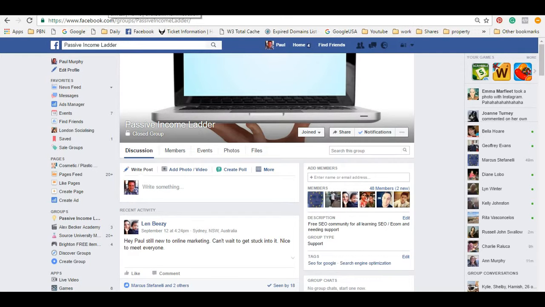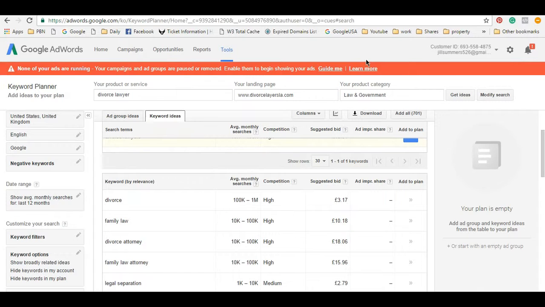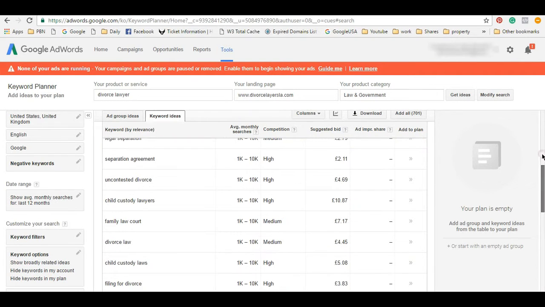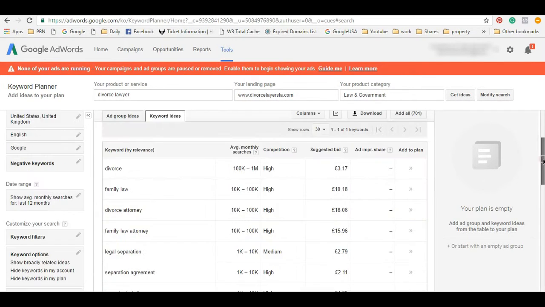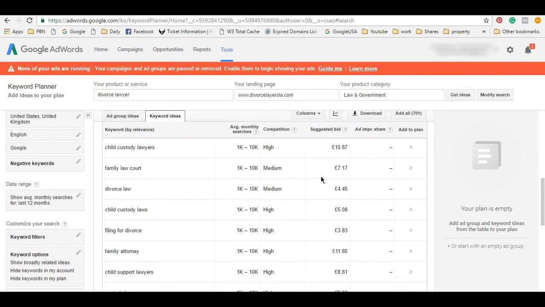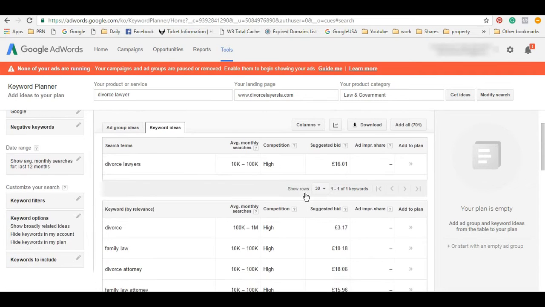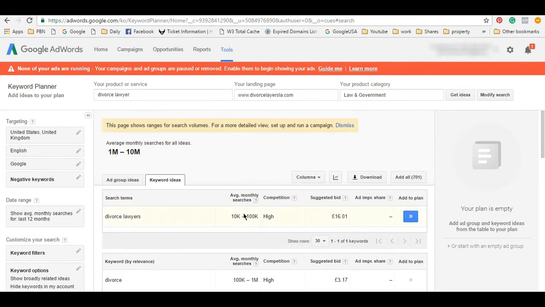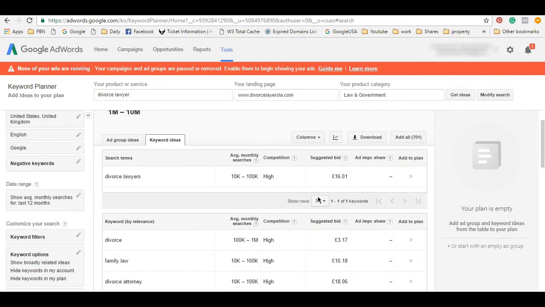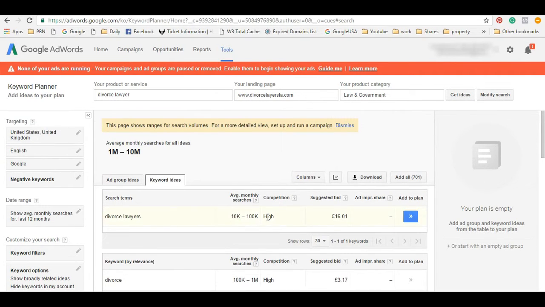So anyway, first things first, I just wanted to go over the keyword planner. Now, most of you have probably heard of this by now, but Google AdWords has recently changed. You can sign up for a free account still, which is absolutely fine. But what they used to do is, if you signed up for a free account, you didn't really need to spend any money with them to find out what sort of search volumes you're going to get. They've generalized it a little bit more now. It used to give you a more exact figure here, but as of, I think it was the start of August, they started changing it so that you can't get this sort of information.